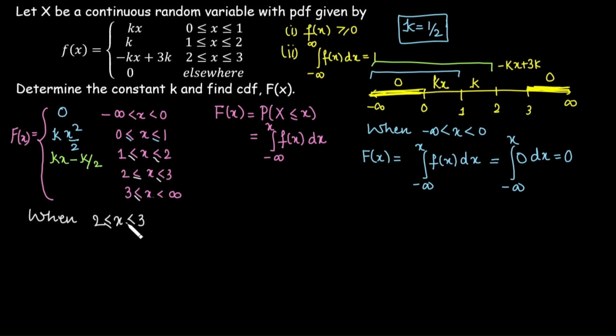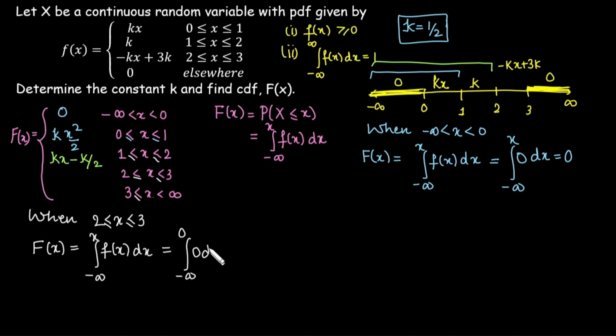So when x lies between 2 to 3, how to write the cumulative distribution function according to this one? So integration from minus infinity to x, f of x dx. So maximum value of x is 3. It means we have to take the integration of all these functions corresponding to those intervals, starting from minus infinity to 0,